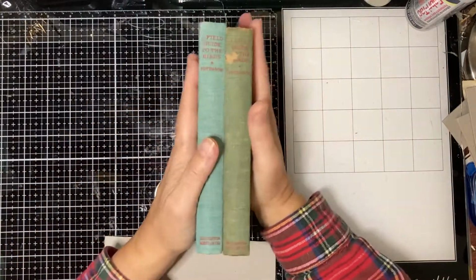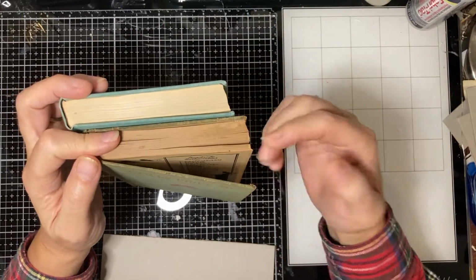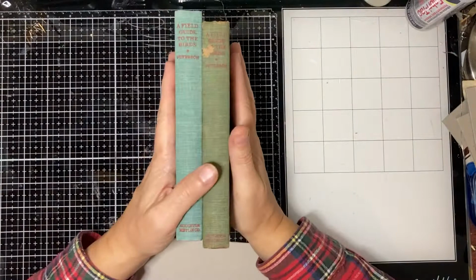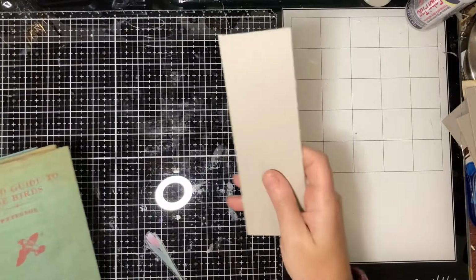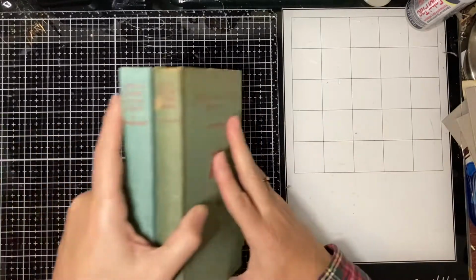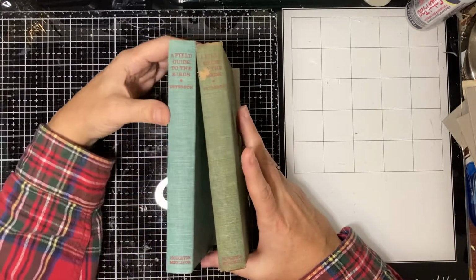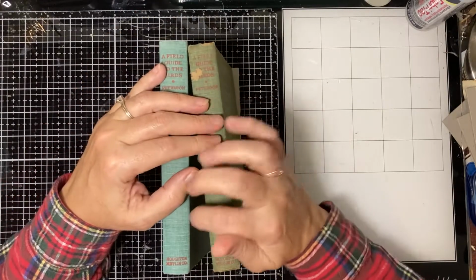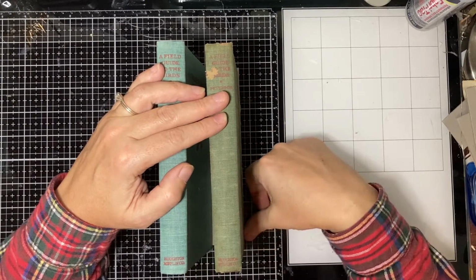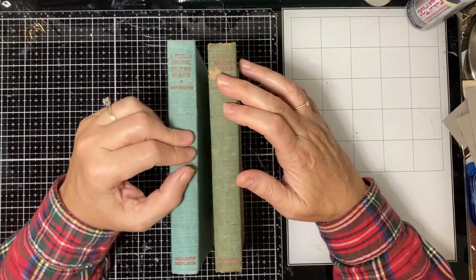And sometimes when you do a lap book, you choose one book and then you use the covers from the other one to make the inserts. But I want to use these 2. I've cut a piece of, this is just the back of a watercolor paper page. And I've cut it to the right height and I've cut it to about 2.5 inches. So what I want to do is use that as the spine, use these as the sides, like so,